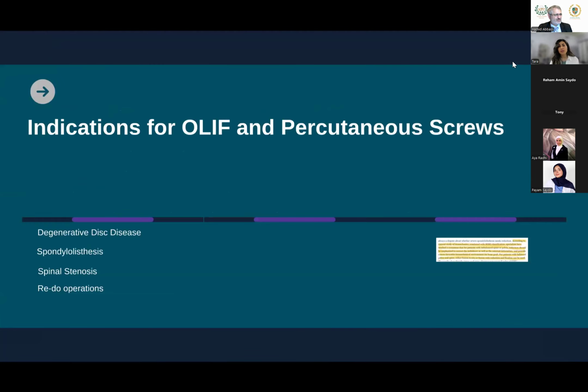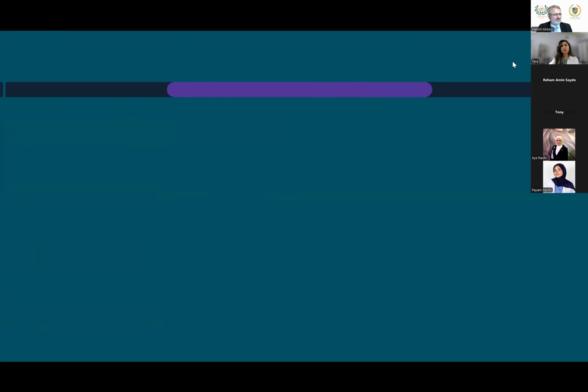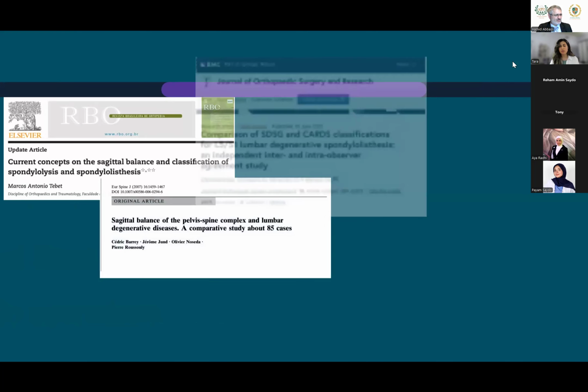What are the indications of OLIF? Degenerative disc disease, spondylolisthesis, spinal stenosis, and redo operations. Patients with scar and adhesion might be good candidates for OLIF, since it avoids the adhesions in cases that need lumbar interbody fusion. OLIF is a good option to think about. Here, I will focus my presentation more on spondylolisthesis, since this may need more indirect decompression and only sagittal correction. I will not go into the details of these studies due to the time limit, but